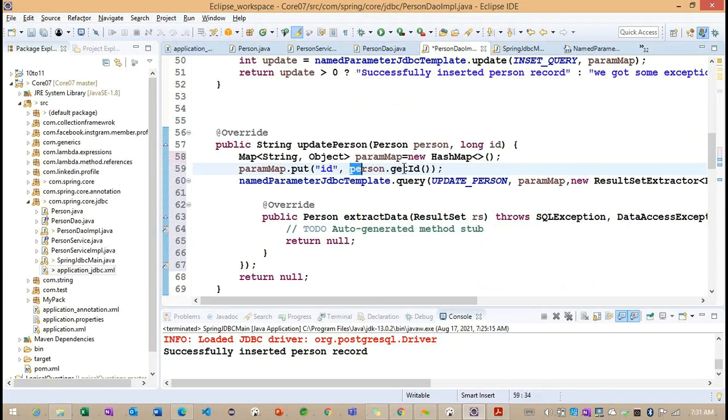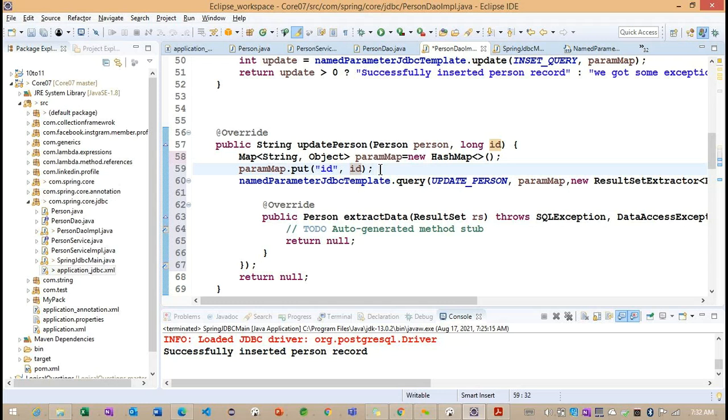And here we don't want to set person dot get ID; here we need to set ID. Getting the point. So based on this particular ID, we'll load the data first.